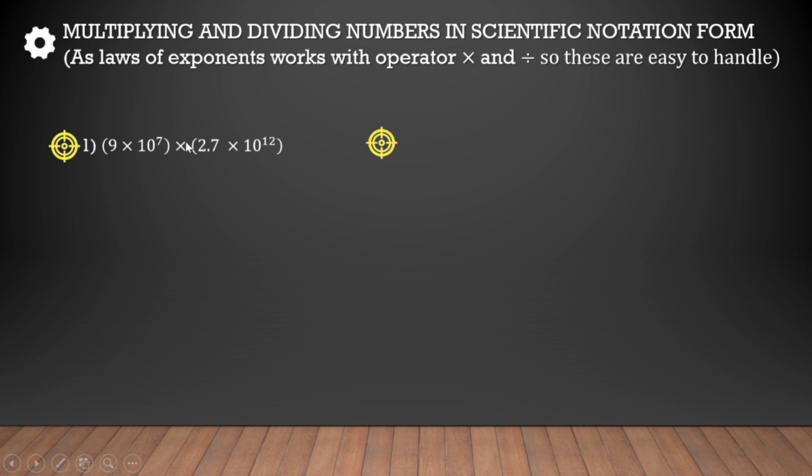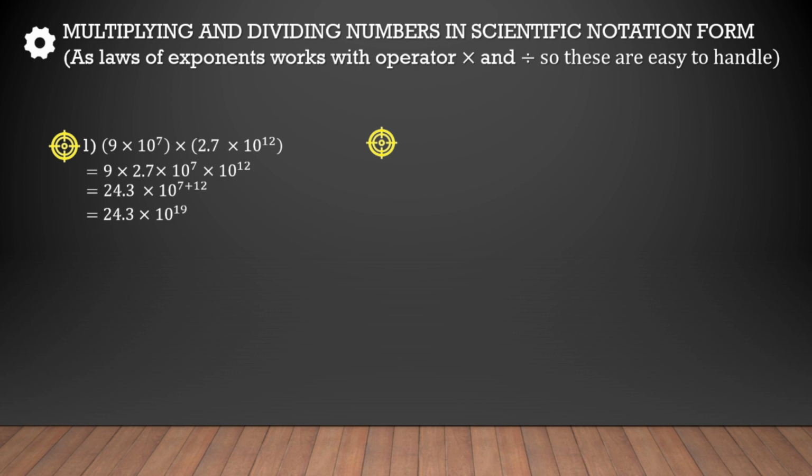Because BODMAS gives us the sequence in which we have to follow the operators, but here all the operators are multiplication. So we'll choose intelligently. We'll choose to multiply 9 and 2.7. They can be multiplied. Okay, and then this will be multiplied with this. We can perform multiplication in any order. 2 into 3 into 7, we can multiply 2 into 7 first, then 3 later. Any order, it doesn't alter our result. So this is 24.3 and the powers will get added up. So the answer is this.